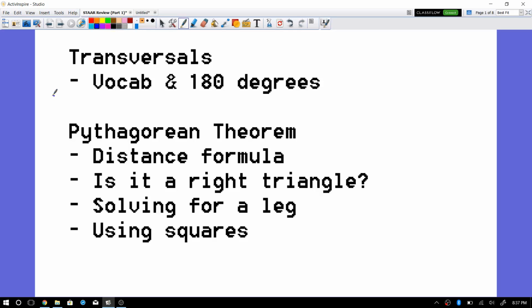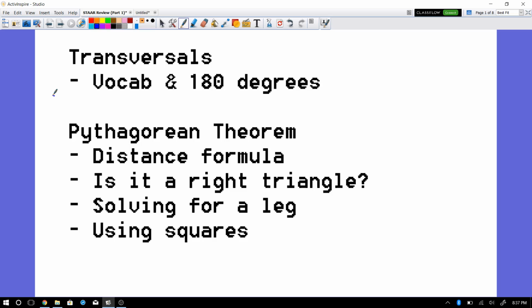Okay, part one of STAAR review. We met and we discussed certain things. I'm going to divide it into two parts. I feel like the two parts will go together. So, part one, transversals, talking about all the vocab of when you have parallel lines, what's going to be considered the outside or exterior and the inside, interior, and how all the stuff is going to be based on 180